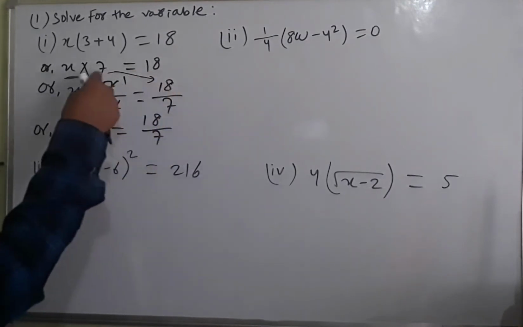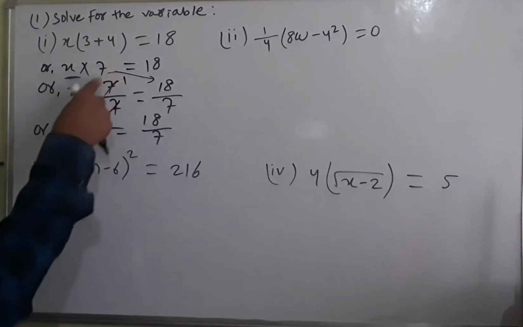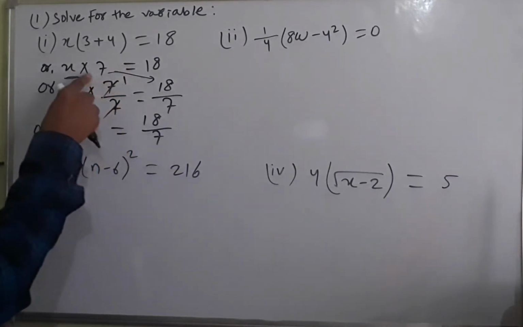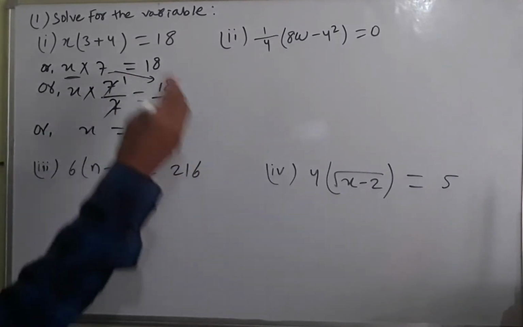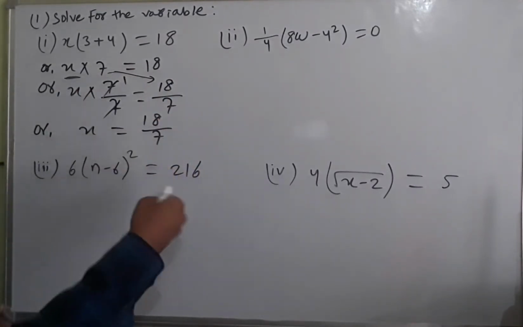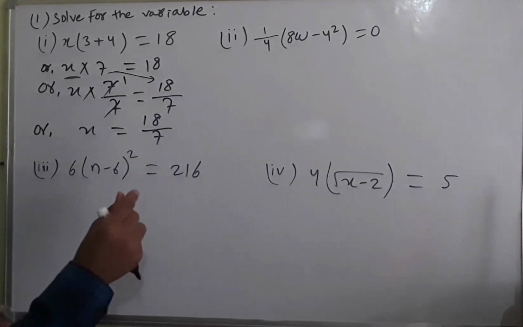As you can see, the 7 has got onto that side, and x is alone because this gets cancelled. And as there is multiplication, it becomes division to that side. If you do the same kind of thing with other operations like addition and subtraction, you're going to get a common rule,